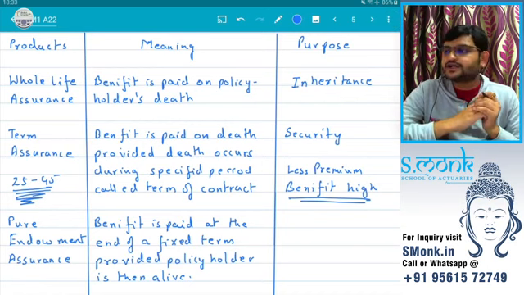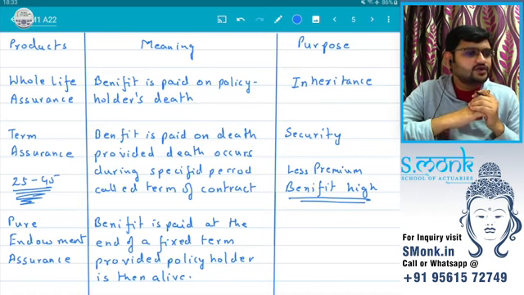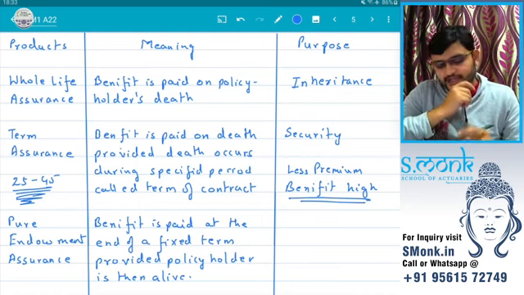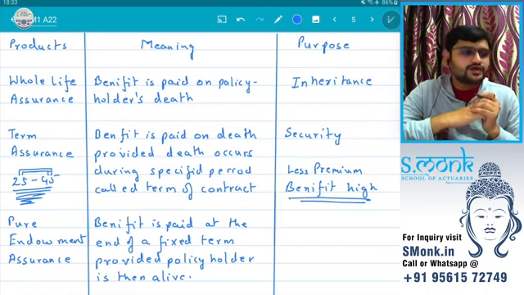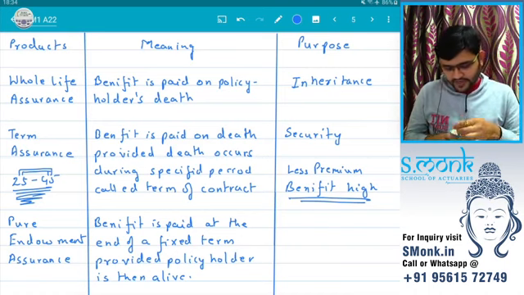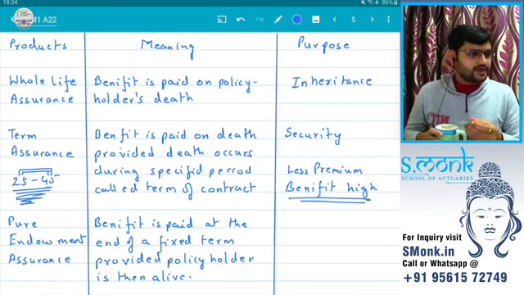Now, would you be interested in such a policy in which the chances that you might get the money is very, very low? So there is a chance for 20 years we would be paying the premium, but there are no returns. You might be thinking, why would somebody buy such a policy, right? You would be paying premium for 20 years, but there would be no returns. Think about it in this point of view,